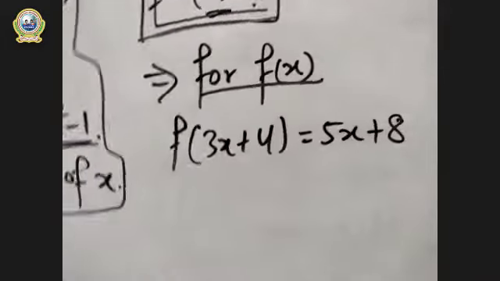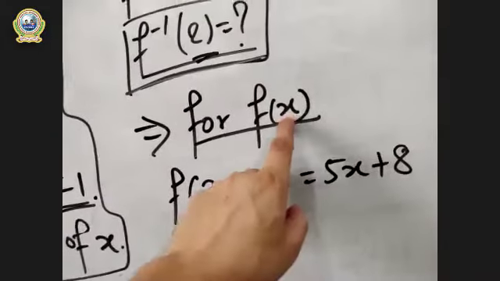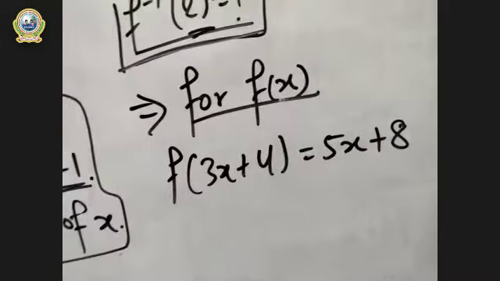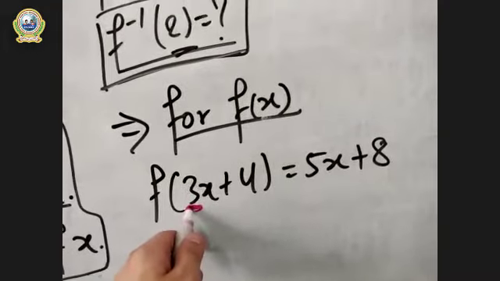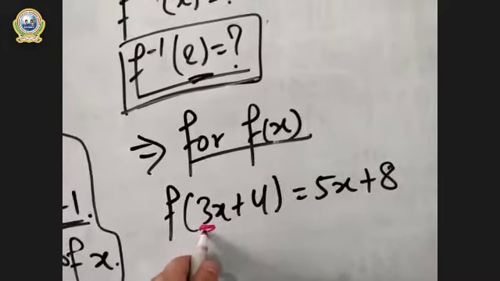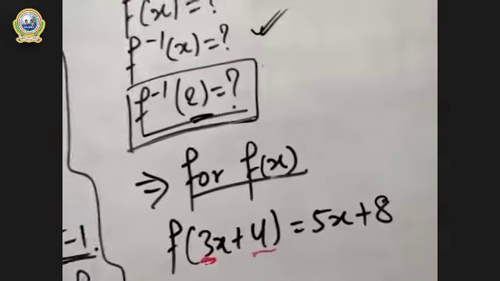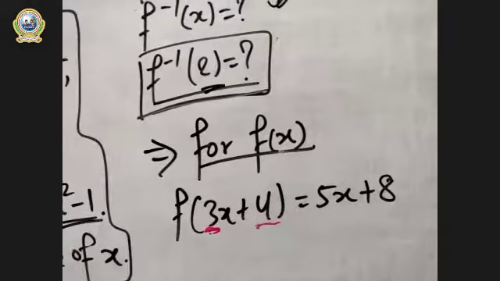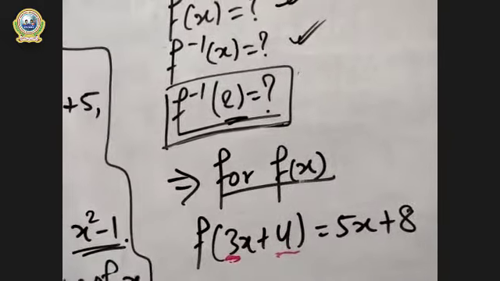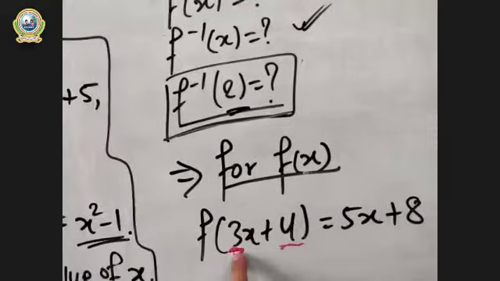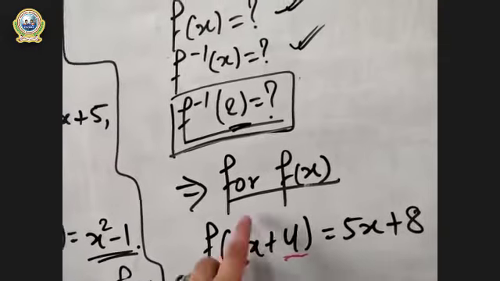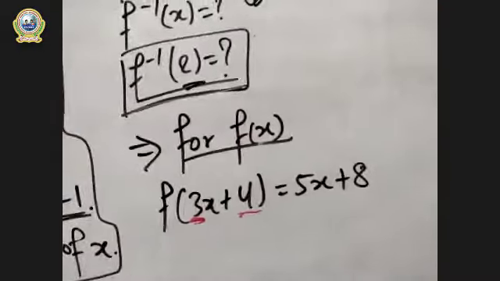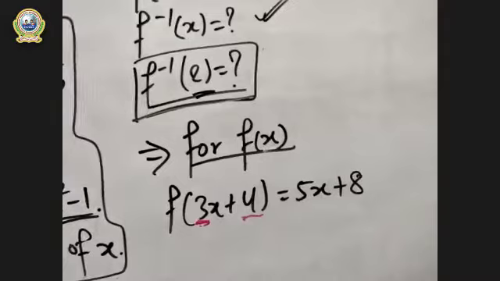In this type of question, we need f(x), or you need x in place of all this. So first of all, we need to remove this 3, the number that is attached with x. And in the second step, we will remove 4. This will be our format. First of all, we will remove the multiply sign or divide sign. Look at here, here is 3 in multiplication with x, right? So first of all, we should remove this 3. And in the second step, we will remove this 4. Is this clear?